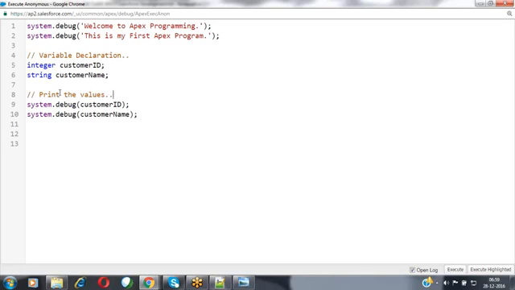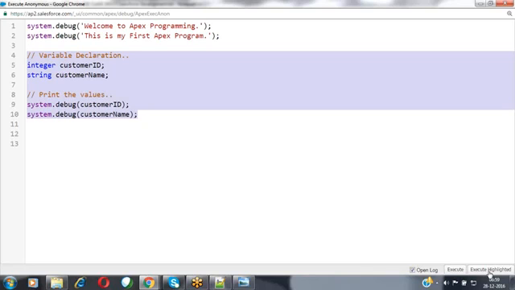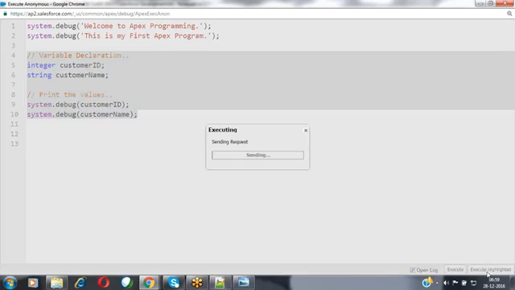Now let's execute this code. In order to execute that code, we have to use the execute button. When you click on execute, the first 2 lines of code will also get executed. But I don't want to execute this whole code. I want to execute only these 4 lines of code here. Select these 4 lines of code using the mouse pointer. Click on the execute highlighted button.